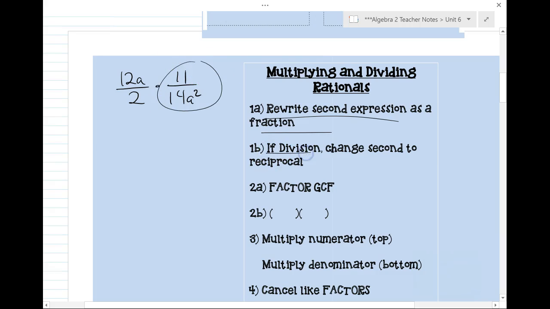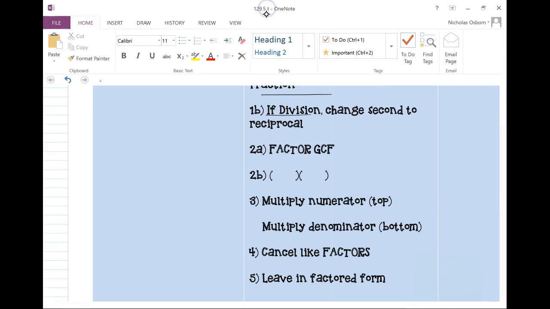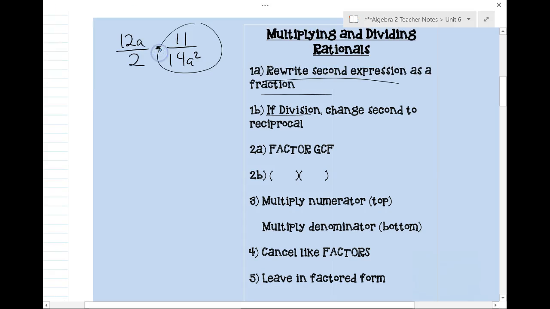Now it says if division, change the second to a reciprocal, but this isn't division, this is multiplication. So I know the next step says factor a GCF, but I want you to change it, and I want you to cross out multiply numerator and multiply denominator, and then right here, I want you to write combine